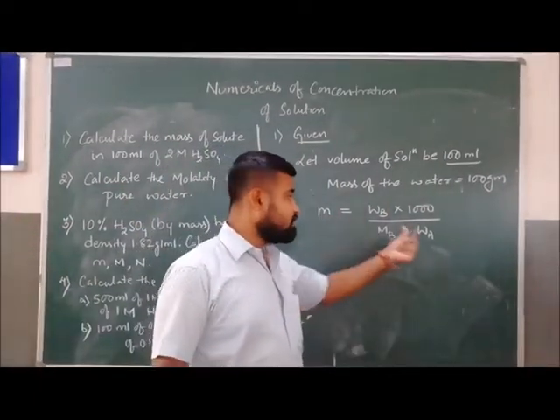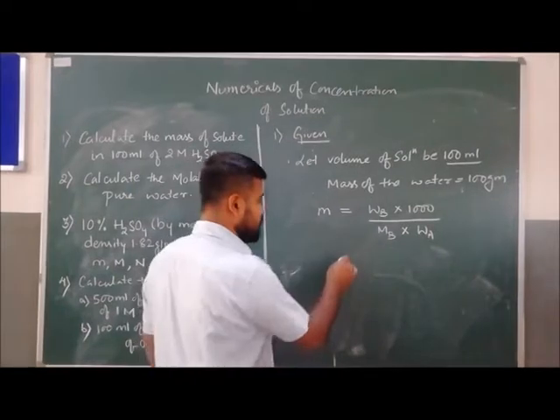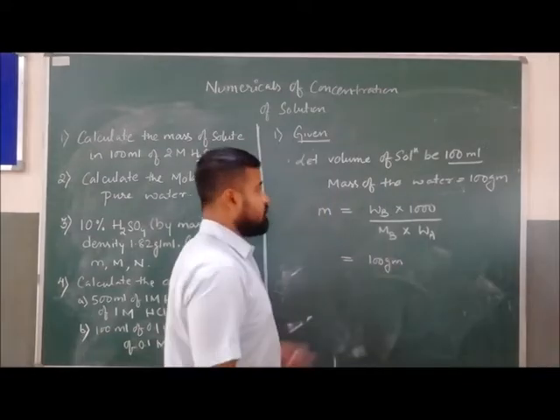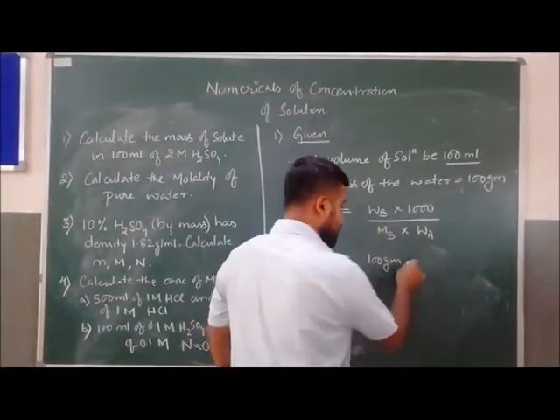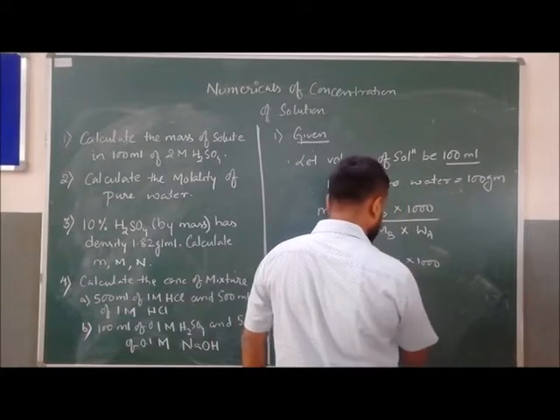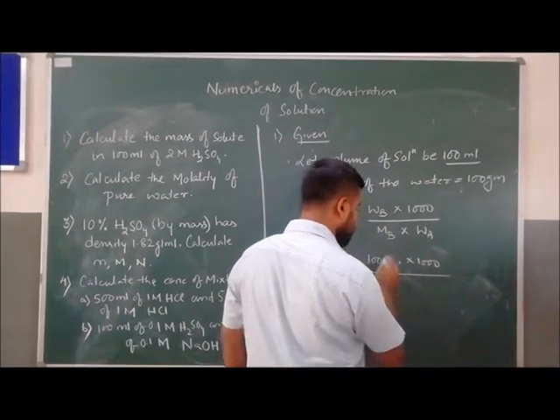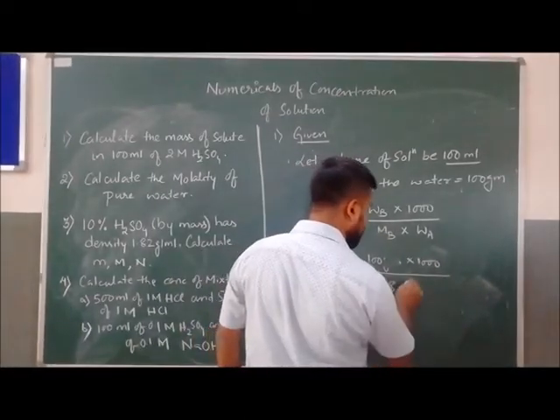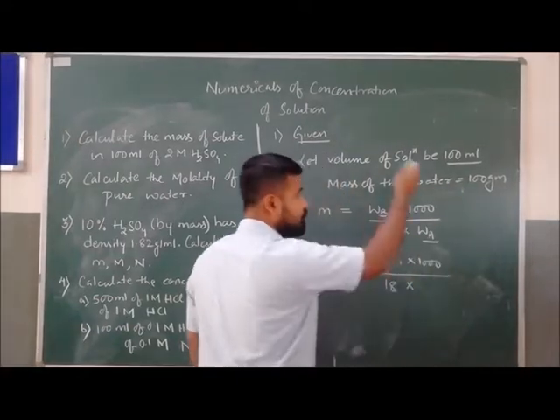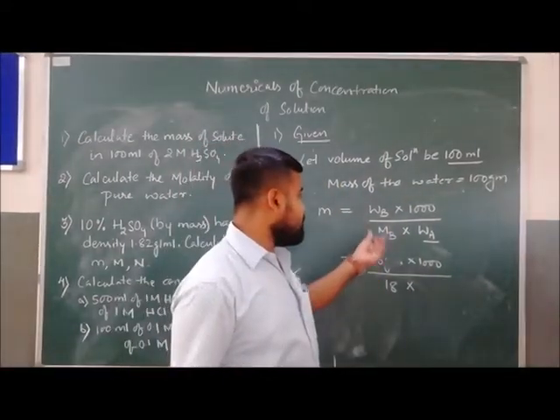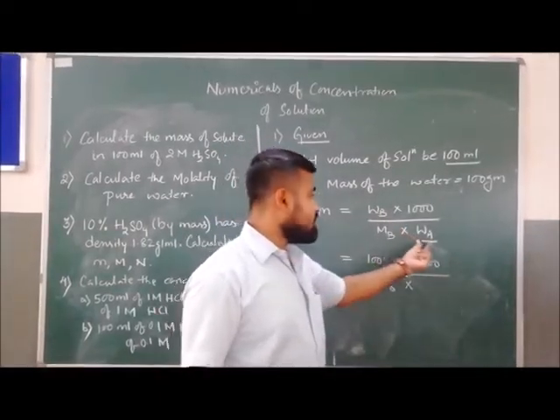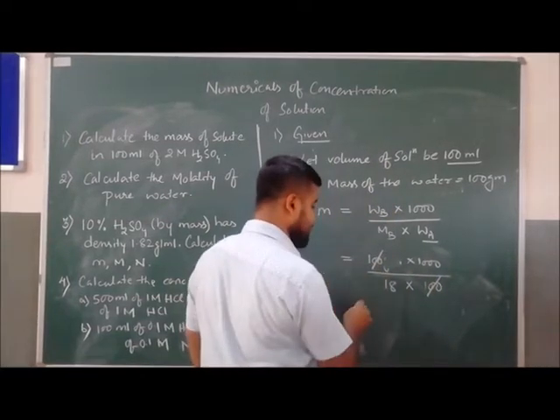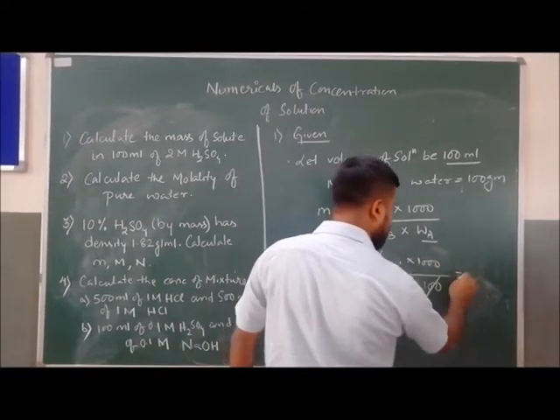Because we are finding out molality, that's why WA. Clear? So we know that WB we have assumed 100 gram, because the water is present here 100 gram, into 1000 by MB. What is the molar mass of water? Molar mass of water, we know that it is 18 into, and what is WA? Here the total solution is of water. So whatever will be the mass of water here, that same mass we will write here also. So it is also 100. So 100 and 100 will be cancelled out, and 1000 by 18,